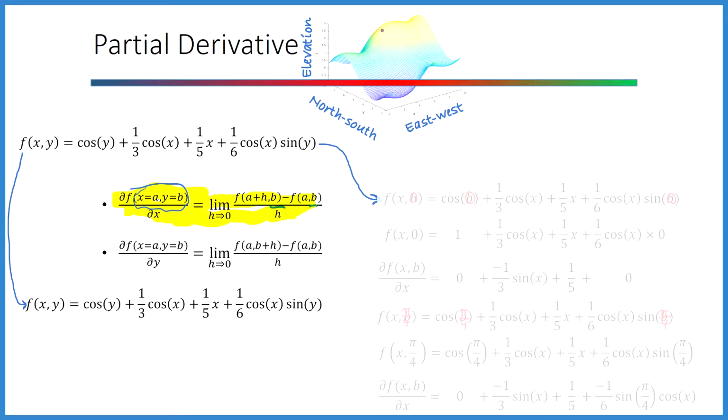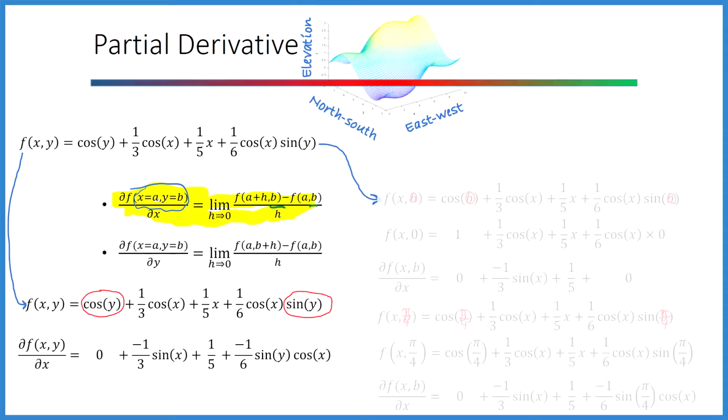Now let's remember that if what we're trying to do is compute the partial derivative with respect to x, what we're doing is looking at how the function changes with small changes in x, but with y staying constant. So we can treat y as a constant, and therefore the cosine of y and the sine of y can both be treated as constants with respect to x. If we know that we can treat them as constants, it's really easy to compute the partial derivative with respect to x, which is equal to 0 because the derivative